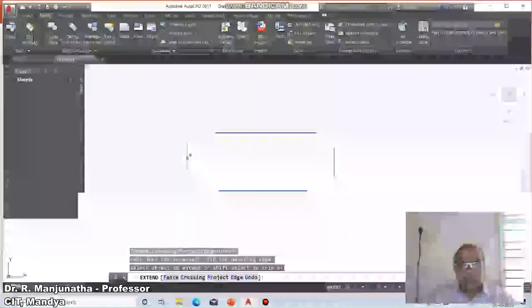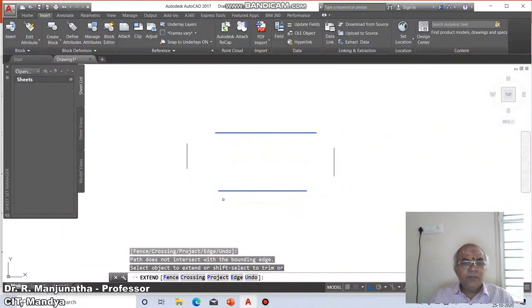Otherwise it won't extend. That is the reason why by default it says path does not intersect with the boundary edge. By default, path will get an intersection point. If you don't want it to extend when it is not intersecting, then we have to go for the no extend option.